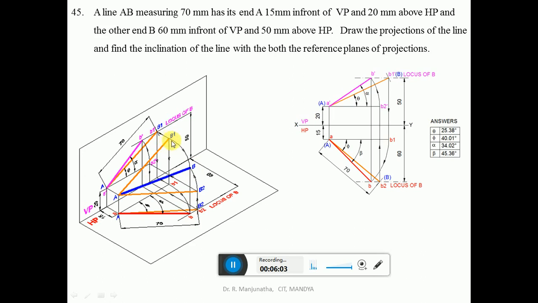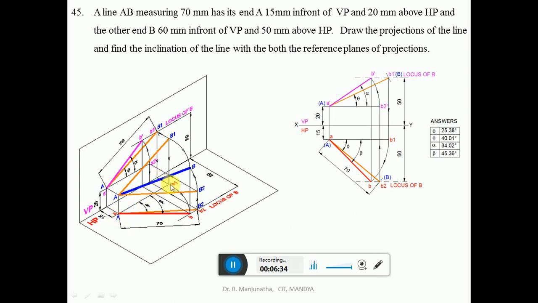So while doing so, when it is rotating in space, this will be the path which is traced on the horizontal plane. So how to do that? When AB1 is parallel to VP, obviously that parallel can be seen in HP. So small a is here. B1, when it is projected, touches the horizontal plane here. So this is the line AB1 which is parallel to VP. That means A is in front of VP by 15 and B1 is also in front of VP by 15.